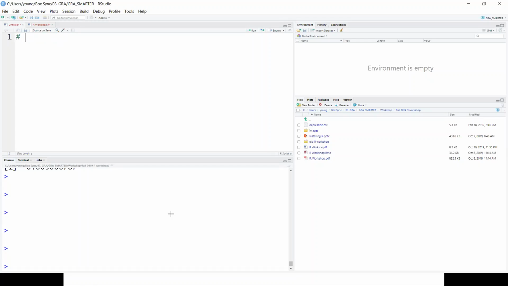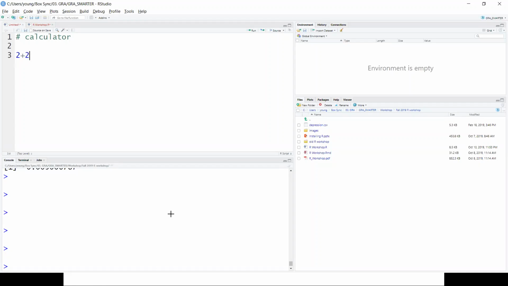Okay, so first, R is a calculator. We're going to do a little bit of calculation, which is really easy, but the focus is not the calculation, it's learning the new notation. So the most basic functions are plus, minus, multiplication, or division, something like that. So we're going to learn about that. So first is